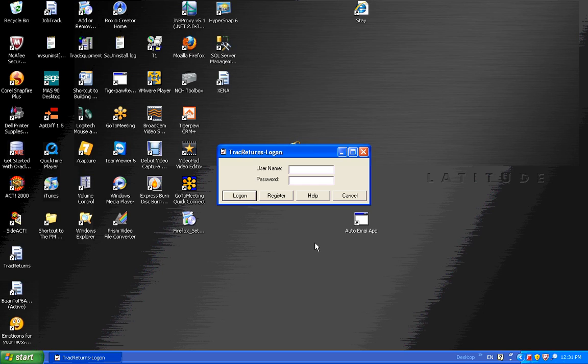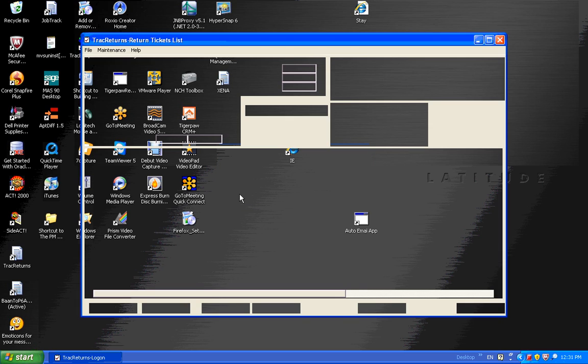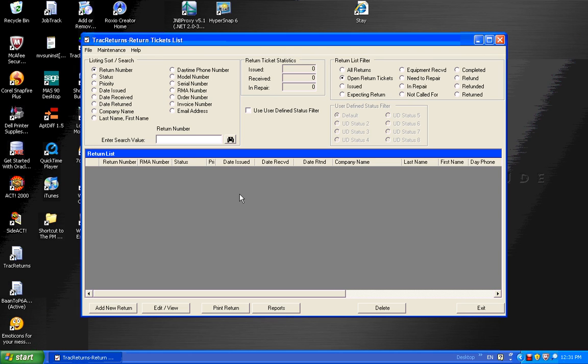I'll start by logging into the system. The default is admin. Now, after downloading and installing TracReturns, the only thing I did before I'm starting this demonstration is I added a few products to our model list. Otherwise, no other changes were done, and I'll just start by describing how TracReturns is used in a customer service